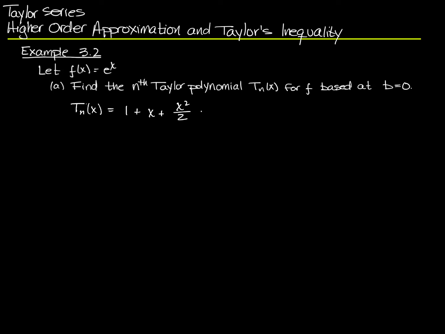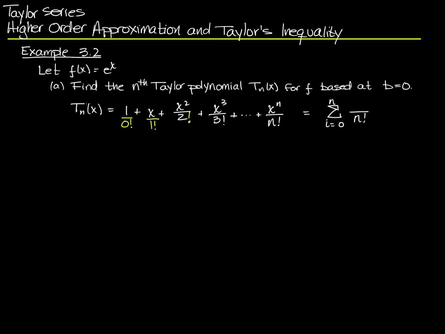squared over 2 plus x cubed over 3 factorial plus, and so on, up to x to the n over n factorial. Note, first of all, that they left off the factorial here, which doesn't matter because 2 factorial is 2. But we also could have put this over 1 factorial and this term over 0 factorial. And so if we do that, we get another way to write this. We go from 0 up to n. What you're doing is dividing by n factorial,